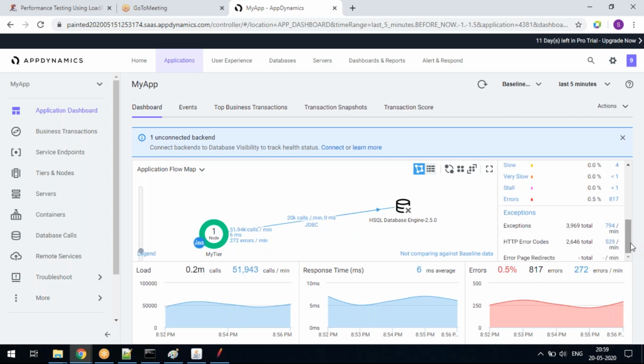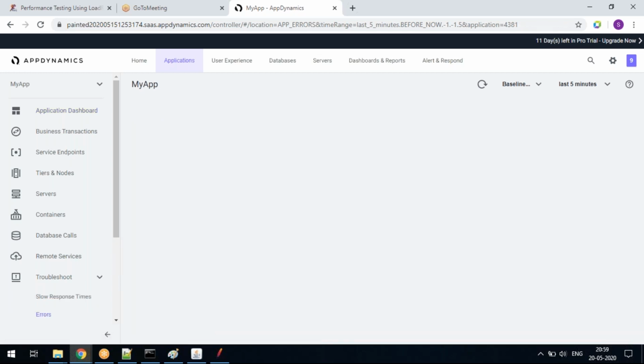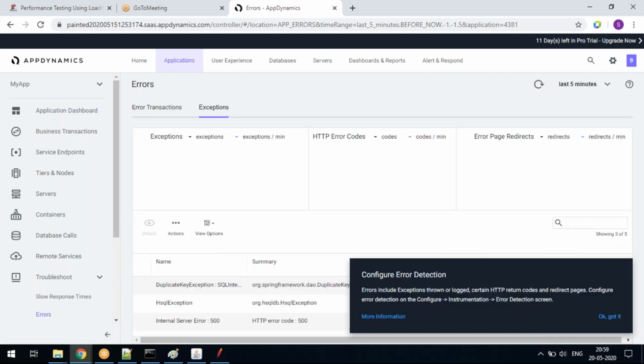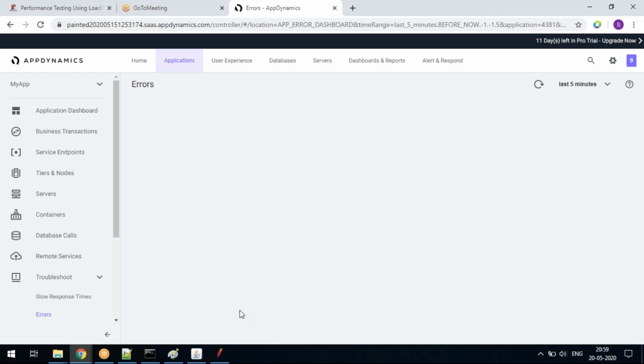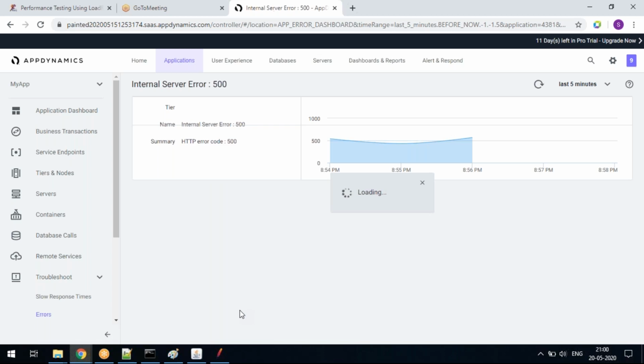How will it start? I am going to the exception tab. If I click this exception, it will go to the exception tab, and it will show you what are the exceptions that I received. It is saying there is a duplicate key, an HSQL exception, and then an internal server error, guys. Anyway, I can start my investigation whichever way. If I double click it, it will go to the respective place. That is how the investigation starts. Either I can do it in that way.